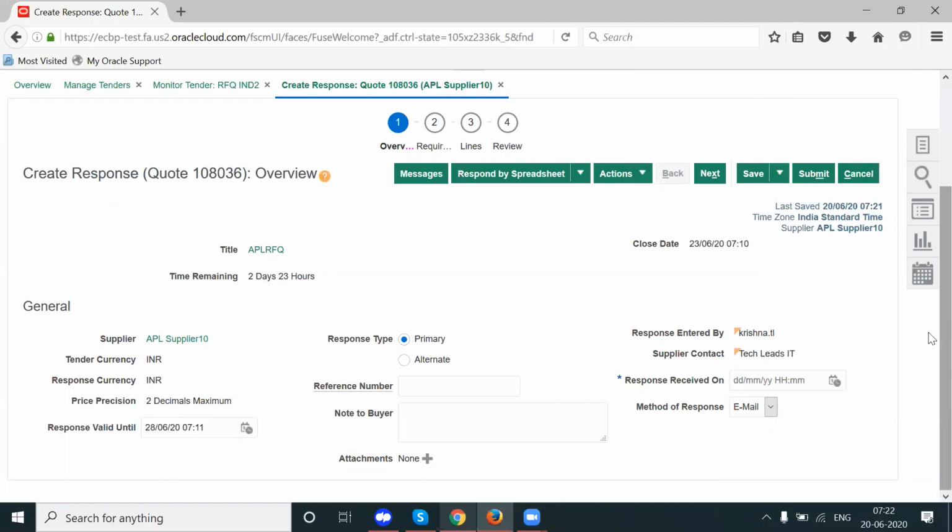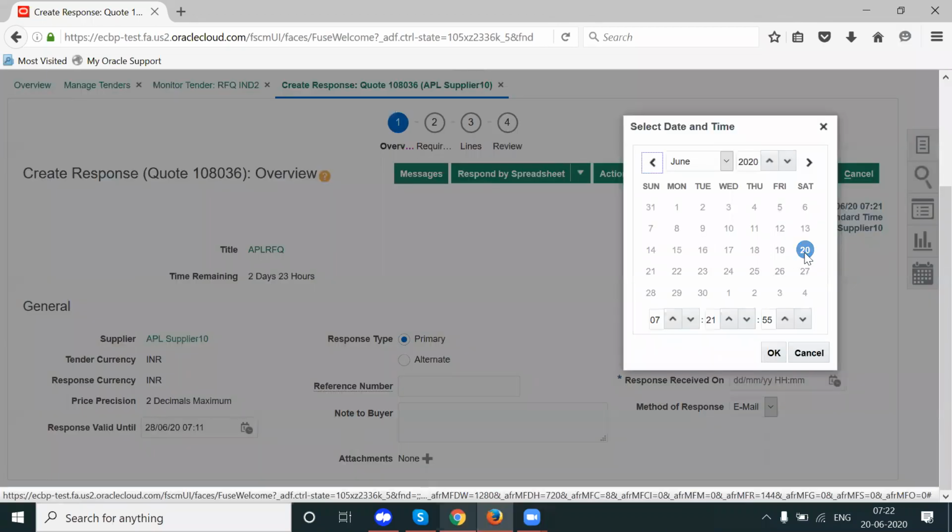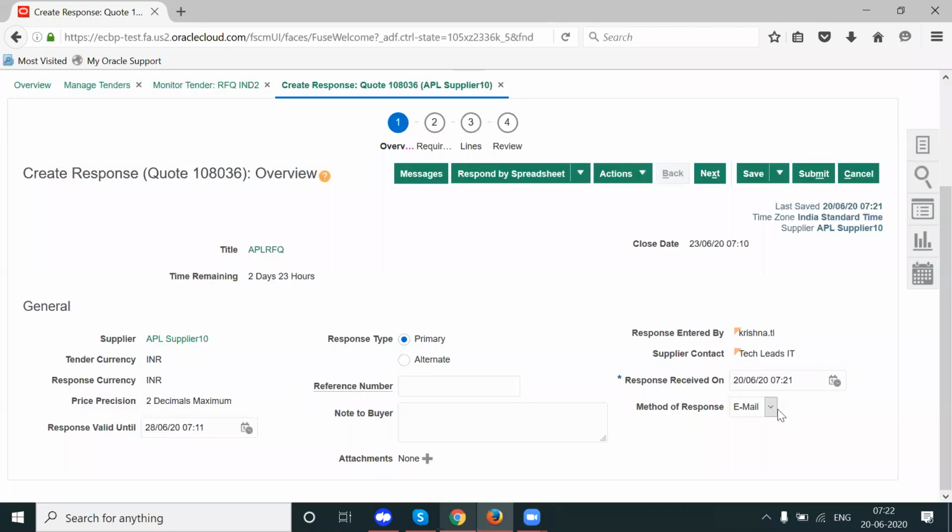Okay. And received response on, the buyer has received the response today, and I received the response through the method of response. See, I received the response through other sources. Let us take that I received the response through mobile. So I'm selecting the response as other. So the buyer is submitting the response.